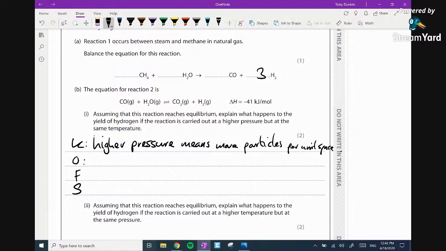Next, oppose. If we raise the pressure, the equilibrium